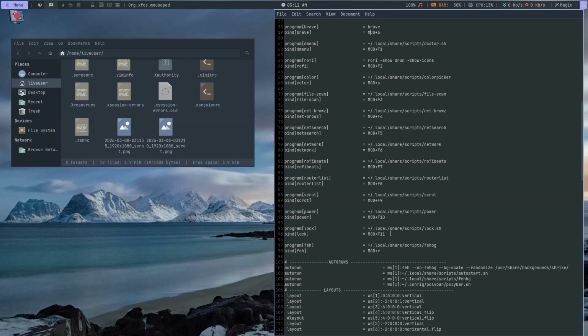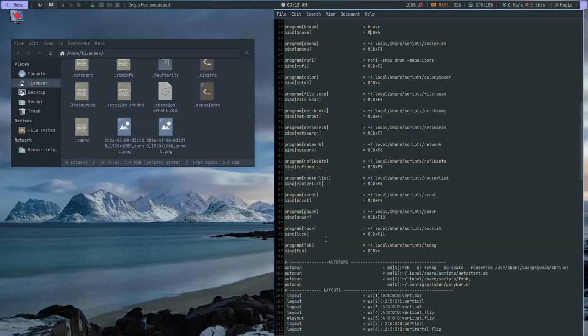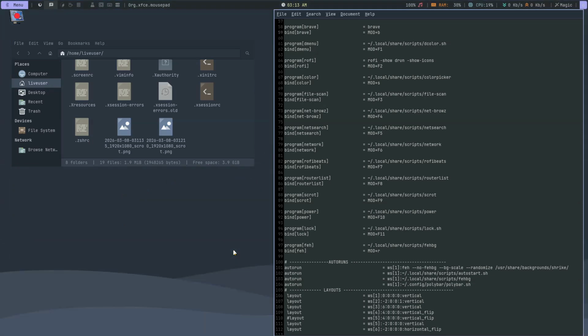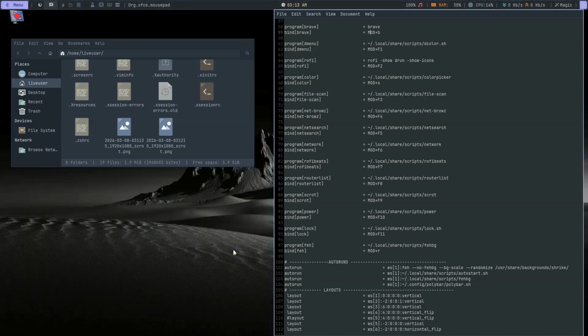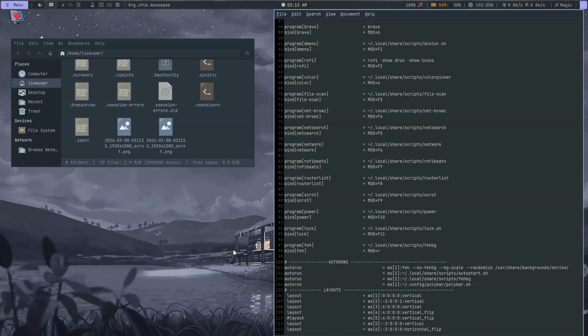And we have lock does the same. Mod F11, it does the same. And then Mod R, that refreshes the wallpapers. Mod R, like this, it refreshes the wallpapers like that. Okay, so